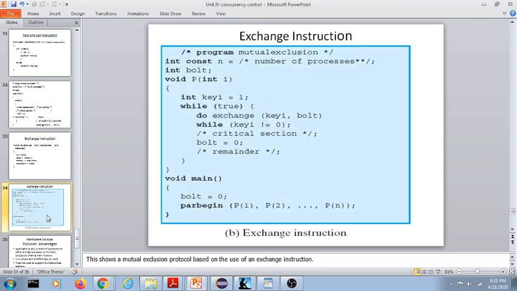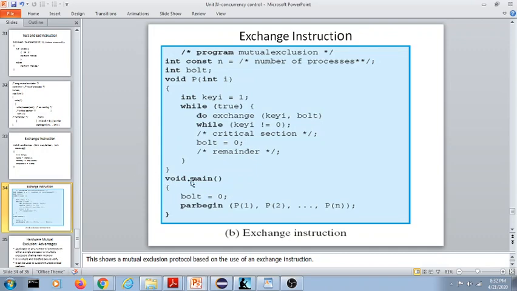So let us see the use of that exchange instruction in our code for the process. Whenever any resource is being used by the process P, the other processes should not be allowed to enter into their critical sections of the code to use the same resource. In this case, there is a constant integer n equals to the number of processes. There is one more variable, bolt, and that bolt variable is nothing but like a flag for protecting the resource. If your resource is a printer, then your bolt variable will be initially 0.